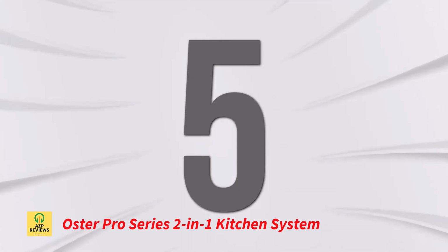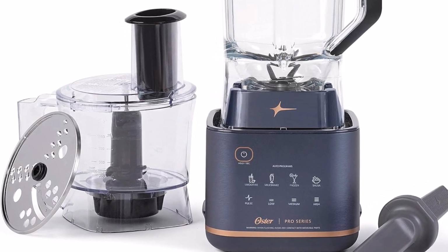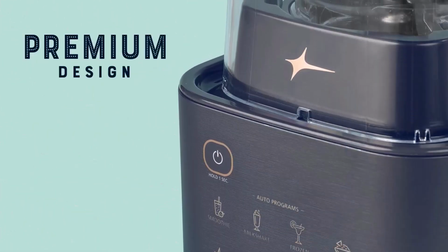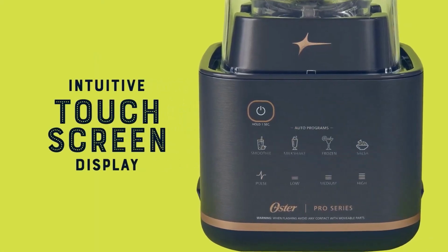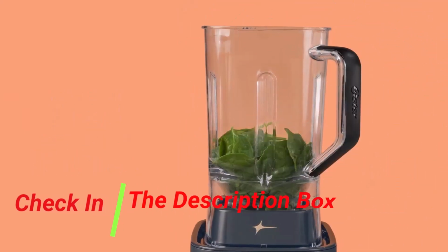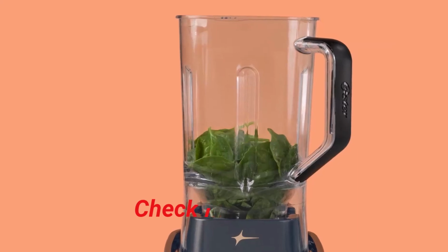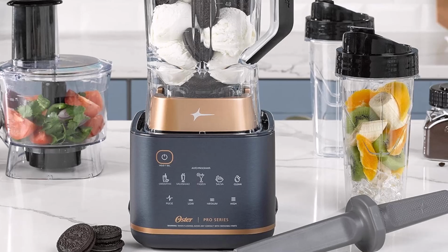Number 5. Oster Pro Series 2-in-1 Kitchen System. The Oster Pro Series 2-in-1 Kitchen System is a game-changer for any kitchen. With a robust 1200-watt motor, it handles everything from crushing ice to blending fruits and veggies with ease. Its touch-activated LED display is user-friendly, offering 4 auto programs: smoothie, milkshake, salsa, frozen drinks, and 4 manual speed settings